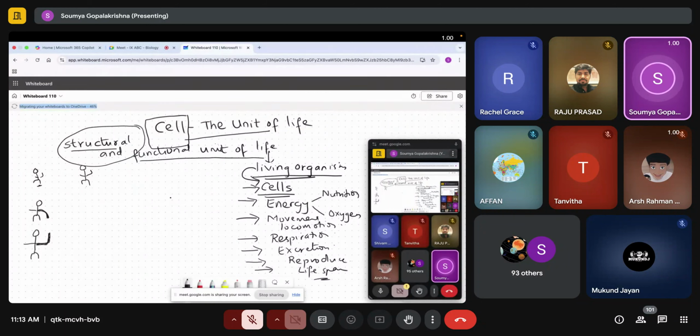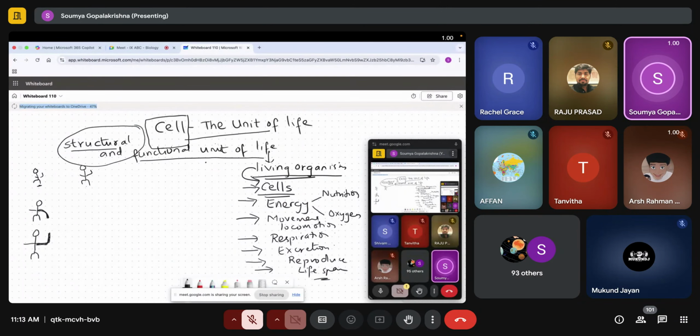If you take the human body, in the head we have the brain. The brain is a particular structure. What is the brain made up of? It is made up of cells. Tissues are made up of cells. Ultimately, they are cells. You take your hand, it has got bone, it has got muscles. What are they made up of? Cells. So the brain has a certain structure which is made up of cells, the muscles have a different structure, right? So how an organism looks, that structure is given by the cell.